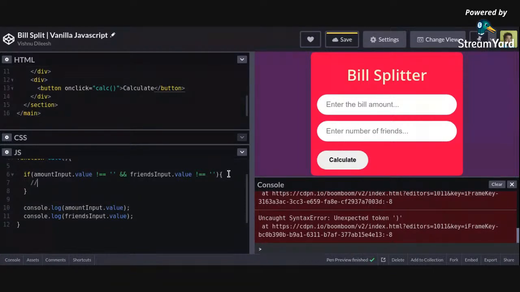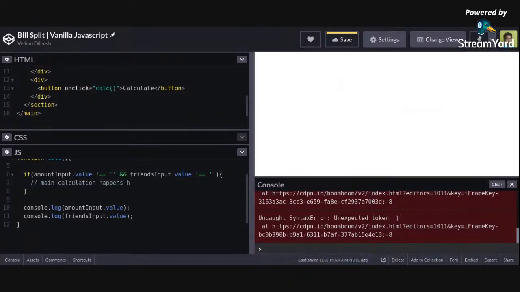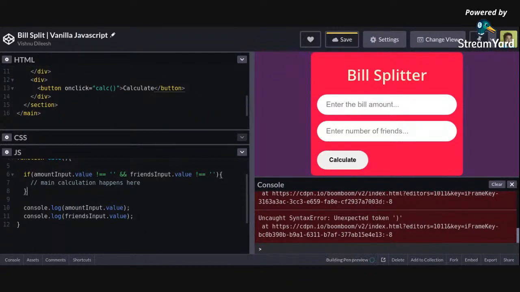So the main calculation happens here, and here let's write an else if statement,